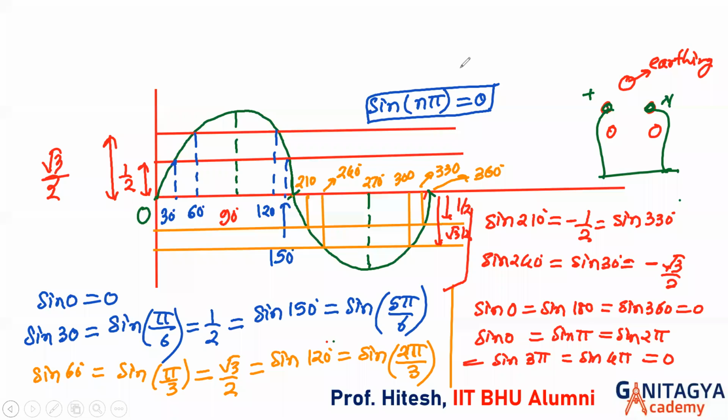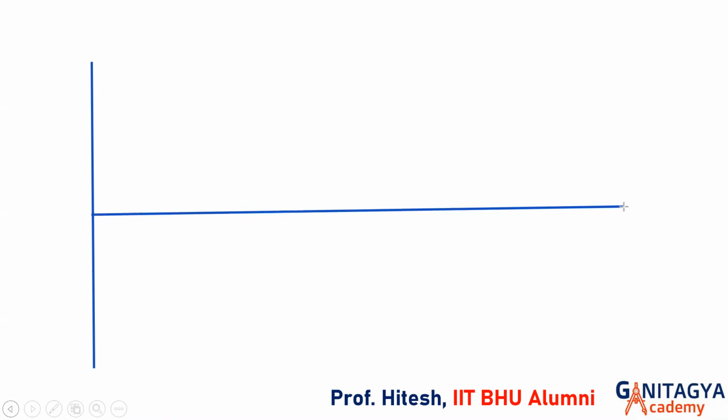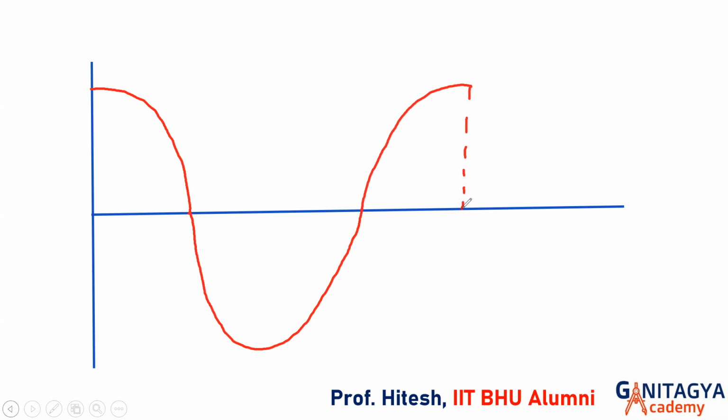Okay, so let me clear this now। Similarly, next is cosine या next is cos, ठीक है। So next is cos, so cos is the waveform, please plot it। The cos is the similar one, but it is like this, ठीक है। This is 0, this is 90, this is 180, this is 270 and this is 360। Understood। Now make a 2 line, that is 1/2 line,